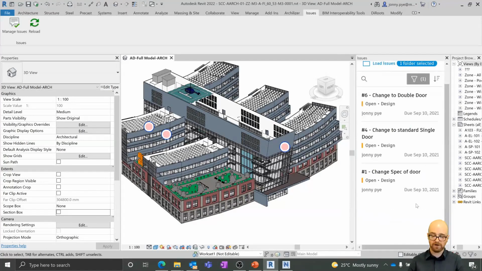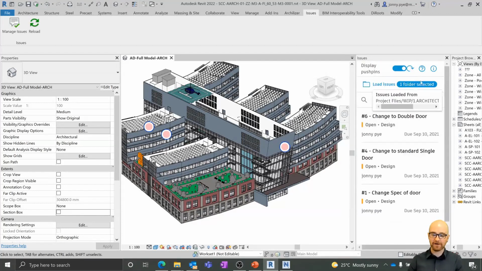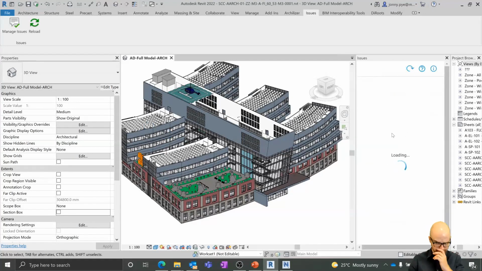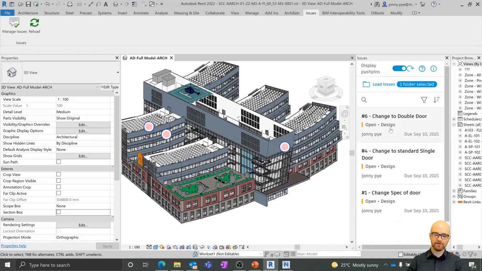Just hit done. And that's just going to show me my issues. I've actually got my issues in here anyway. But we can already see that the issue in here is the one that I created earlier, which is the one over here. Now, the really interesting thing about this system, which I really like, is the fact that